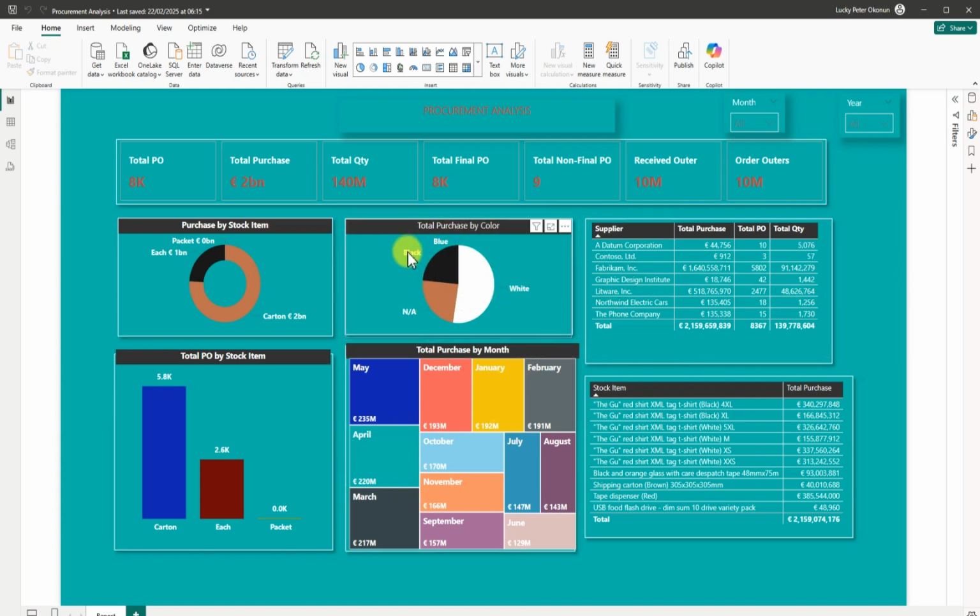You can see we have blue, we have black, we have not available, then we have white. Purchase by stock item, we have carton, 2 billion, then we have inch. Then we have packets. We have total by stock item. Then we have our